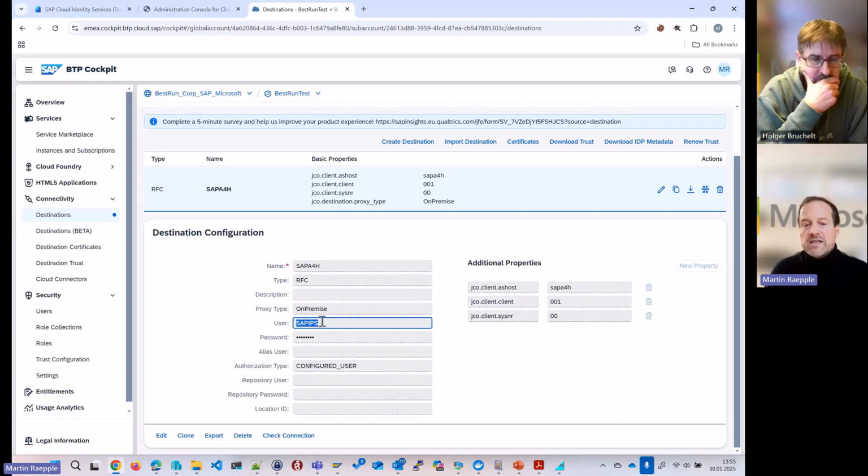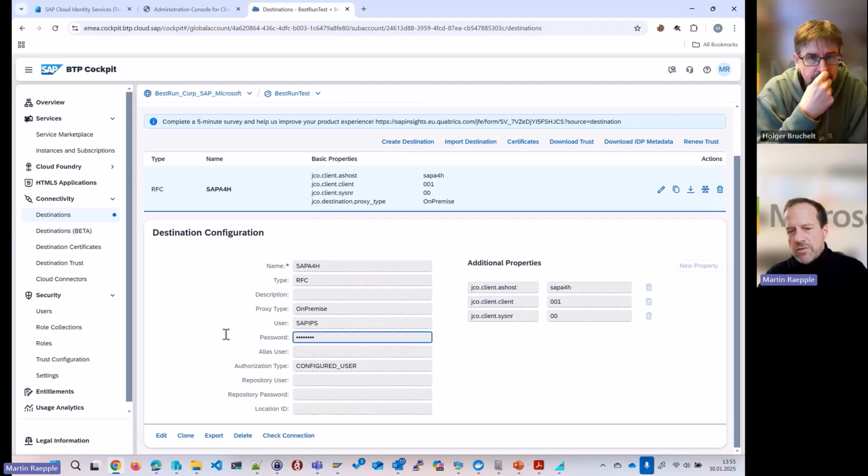This is the user, I called it SAP IPS. It's a user of type system, so not a dialog user, a technical user that has the proper authorizations in the backend system. I won't go into the details of the setup for the role of that user. You can read all that in the blog post. It's really detailed documented there.